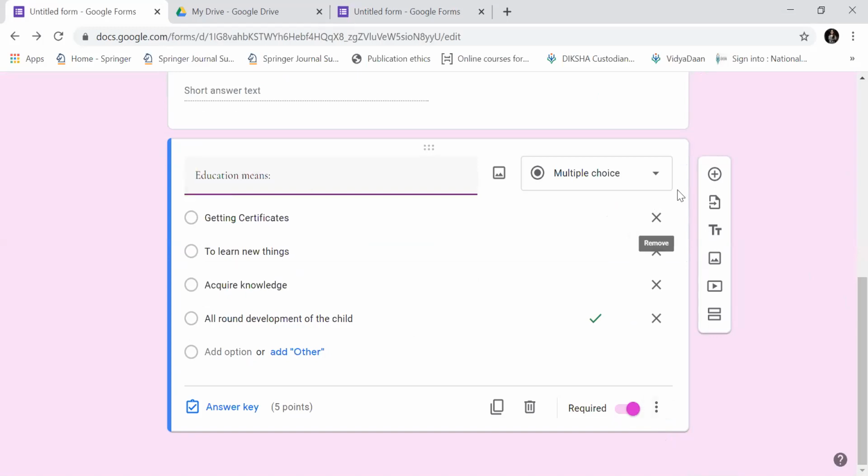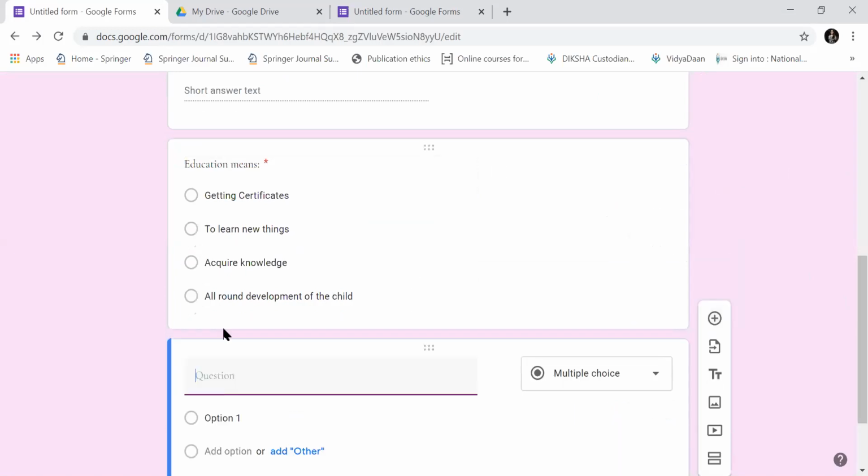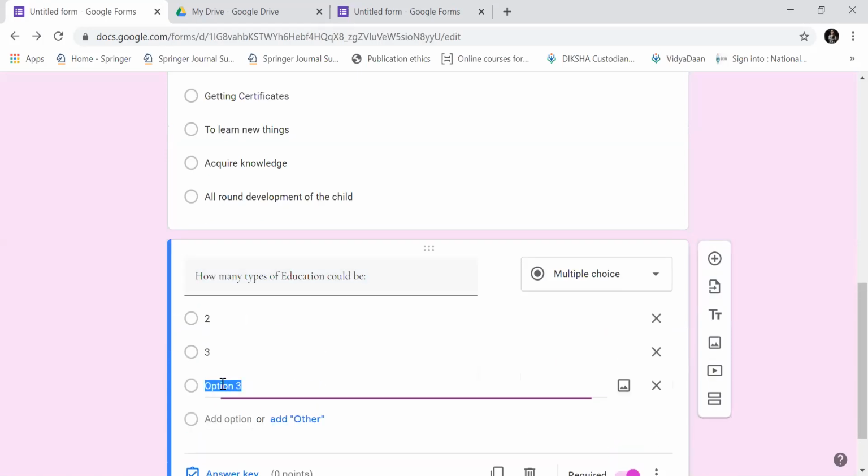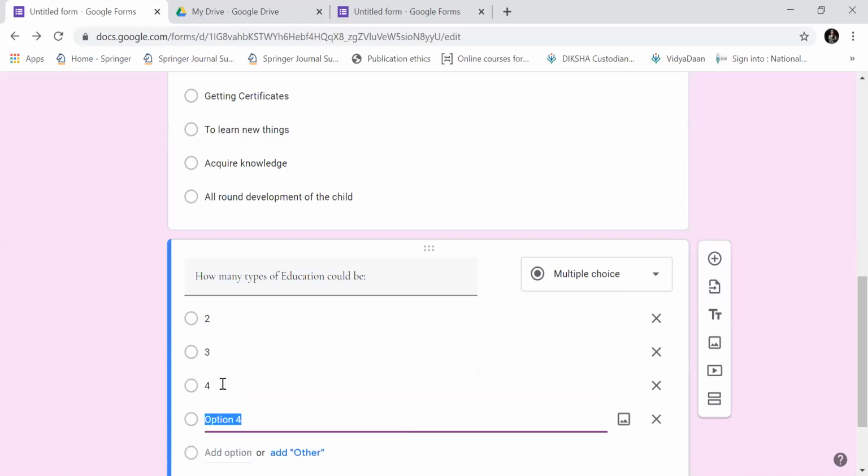So now I'm going to add the next one. How many types of education could there be? 2 types, 3 types, 4 types, or 1 type.